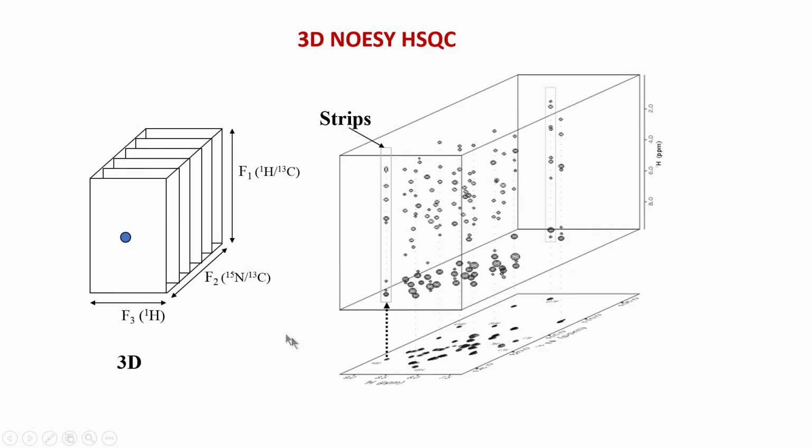If you look at this here, F2 F3 is nothing but an HSQC. That means, if I take the top view or projection of the spectrum, it is nothing but an HSQC. This plane is an HSQC. What kind of HSQC? It can be either carbon HSQC or nitrogen HSQC. And along this third axis, I am seeing cross peaks. If you recall, in the previous slide we looked at Hi, Hj, Hk, etc., and that is what is shown here.